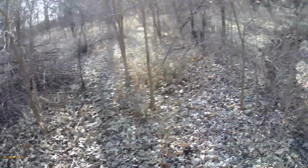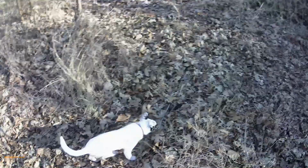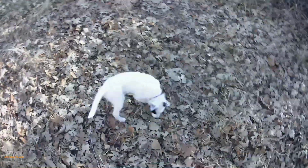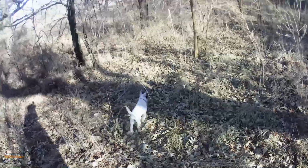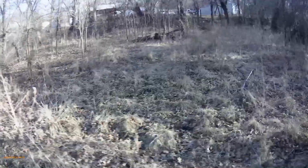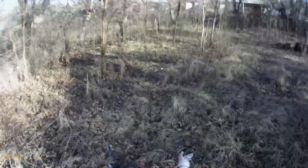So, not too sure what we might be doing with much over here. There's a little nibbler. I don't know if you can see her or not. Hopefully I can find an antler shed to make my hat rack out of. I know that sounds very country, but